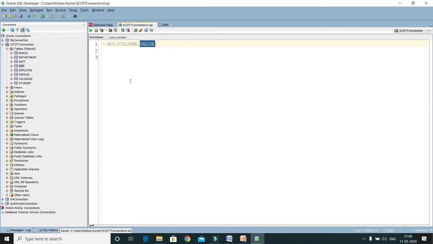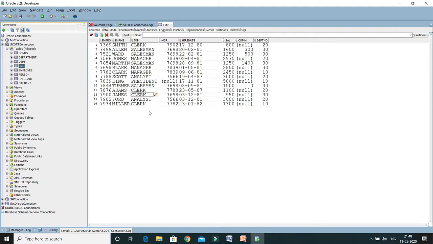So let's say I look into the employee table. Here you can see one of the columns is called sal, which represents the salary of the employee, and another column is COMM, that is nothing but the commission. Let's say I would like to calculate the total compensation of the employee, then that would be basically salary plus commission, and that gives you the total compensation. And that's where I'm going to show you how to get the total compensation of every employee using the NVL function.